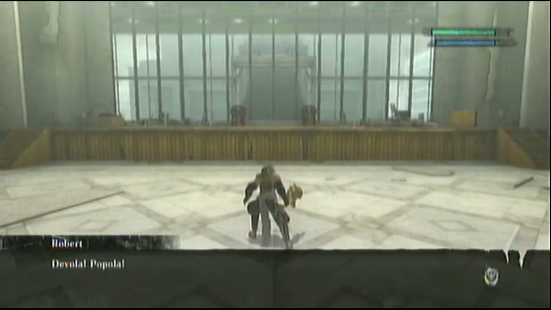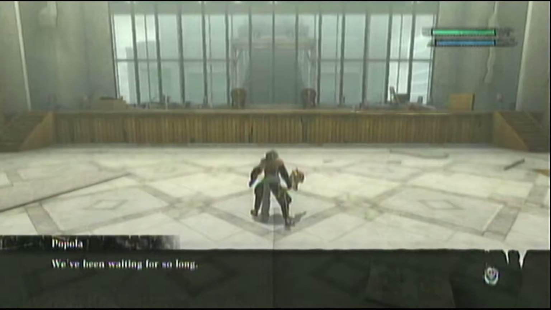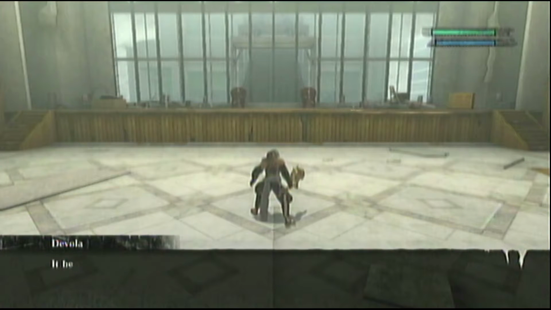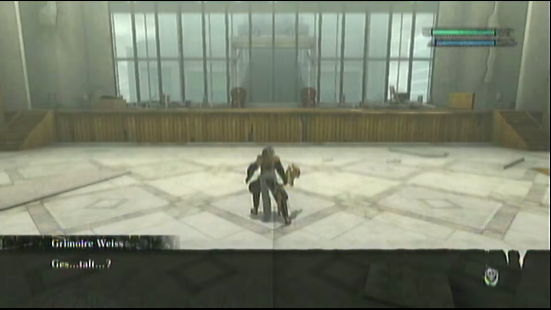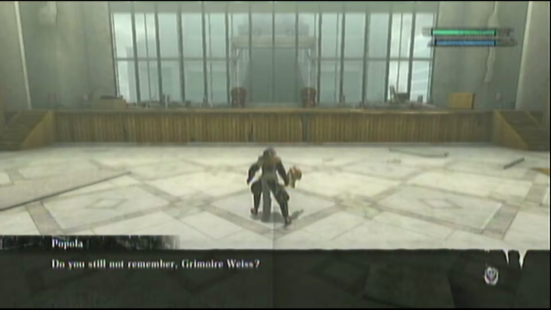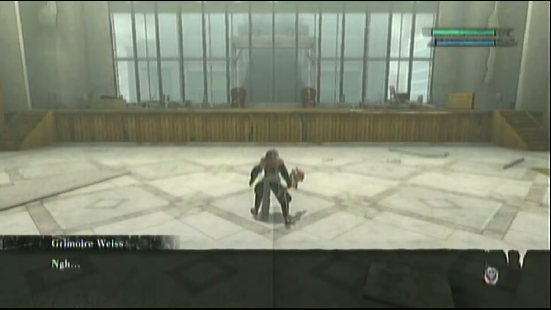Devola! Popola! Oh, look. You made it. We've been waiting for so long. What the hell is going on? It began 1,300 years ago. Humanity, finding itself on the brink of extinction, undertook a last-ditch rescue plan called Project Gestalt. Gestalt? Do you still not remember, Grimoire Weiss? Then let's give you a refresher. Weiss! My mind...